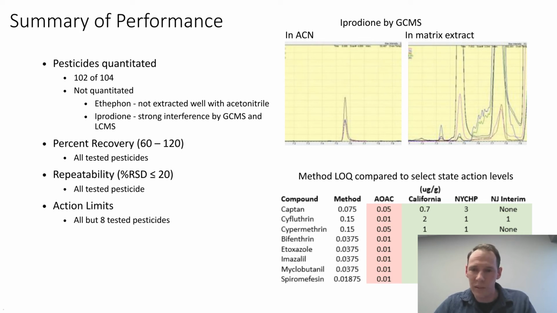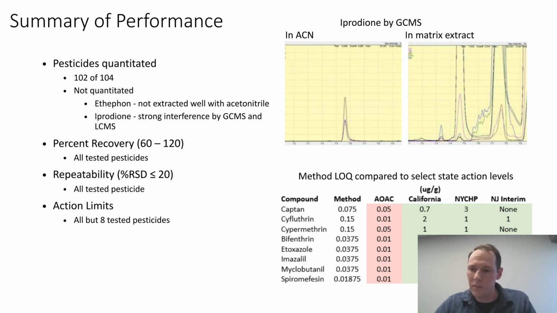In this chromatogram on this slide, which is GCMS, you can see a comparison between the same level of aprodeon in acetonitrile versus in a matrix extract, and there is a significant interference there, which may be due to the cannabinoids. So out of the pesticides that could be quantitated with this method, there are a total of 102, and